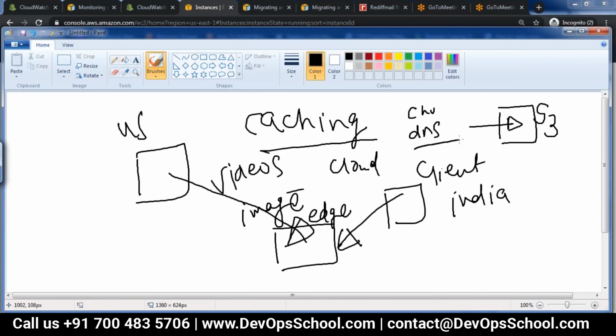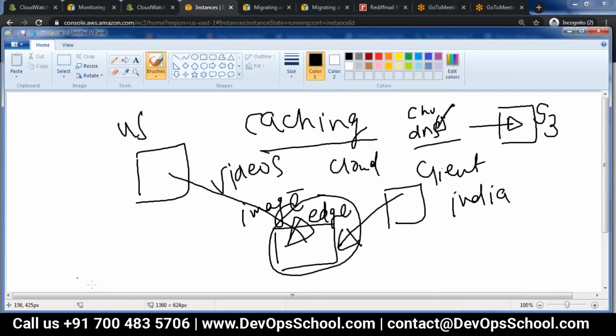So when the distribution is complete, the same image is accessible from another DNS name. So in reality, how will you use it in production? Suppose there are images which are stored in the edge location. When you actually write your HTML page, you will have to refer to this new DNS name so that the images or the videos will be downloaded from the edge location. So that is how this service will be used.